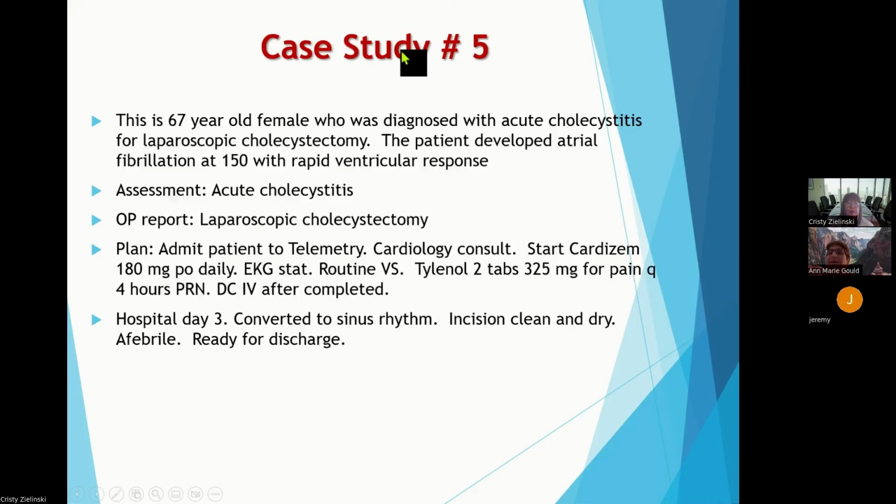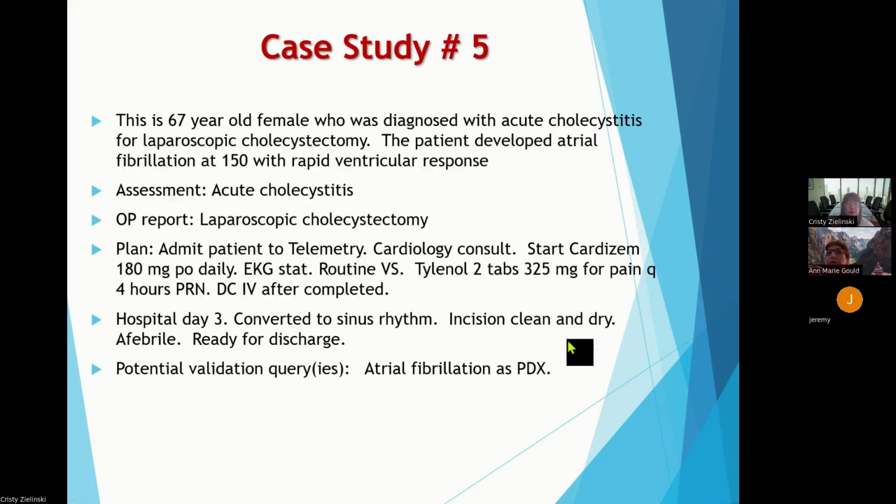So the workup would be more like this: the patient would have been sent from a facility to be monitored for atrial fib following the procedure. After the procedure, if the patient didn't have atrial fib, the patient would go home. So it's an outpatient procedure. But since the patient developed atrial fib, they need to admit the patient. So that would be your PDX. So the verbiage in the doctor's, that's what